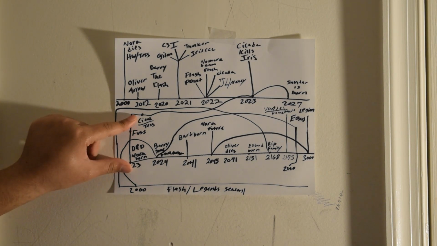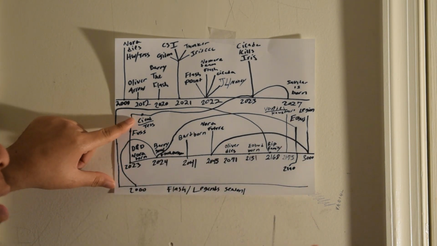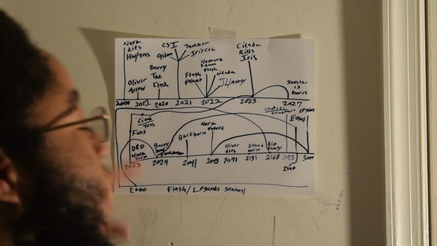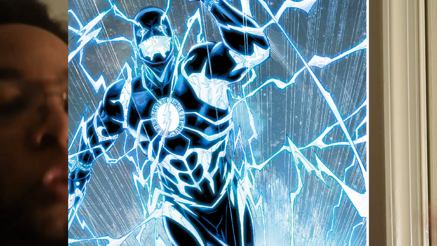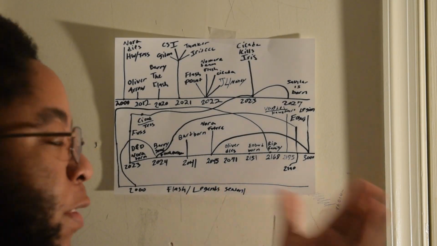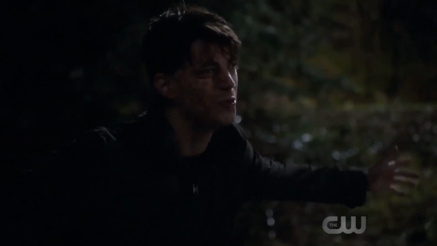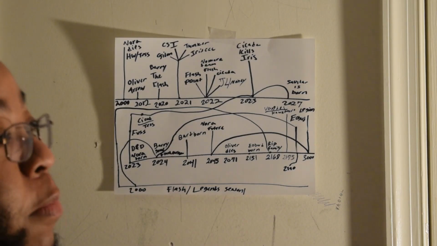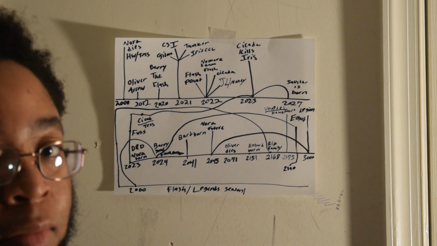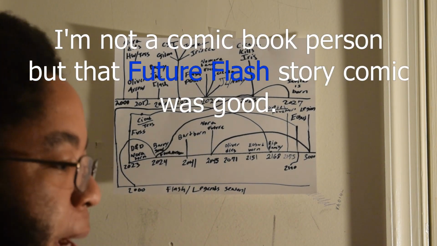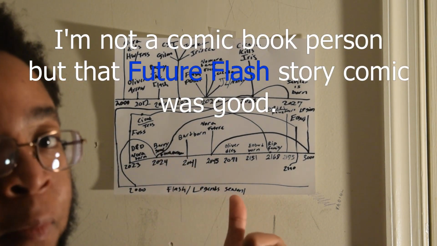And Savitar is more comic book Savitar. And let me say, he's not more comic book Savitar, he's comic book Future Flash. He's not being Savitar Season 3 self. See, that's the thing about time travel, Barry. The more you do it, the less the rules apply to you. This is Future Flash. He comes back in time, he shows himself to the Flash,